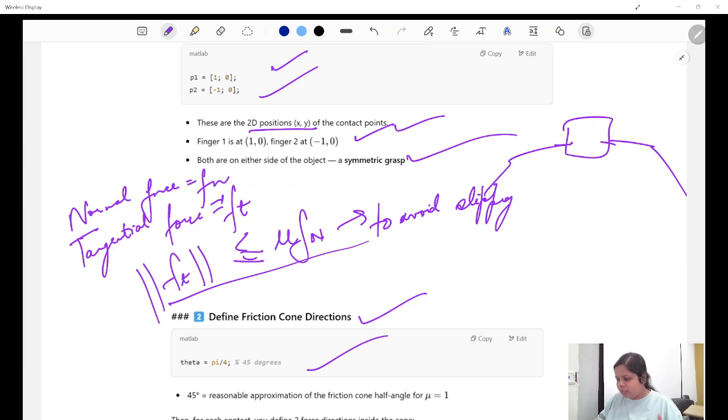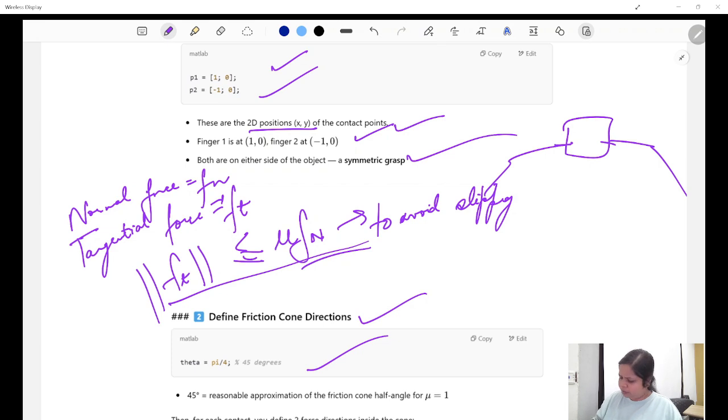So if you have the forces in this friction cone, if you have the tangential force to be less than mu into normal, right, the dynamic friction, if you have it to be less than this, then it defines a cone shaped region in 3D of allowable contact forces. Any force inside this cone won't cause slipping. Okay, that is why we have this. So yeah, that is why the angle which is given corresponds to this.